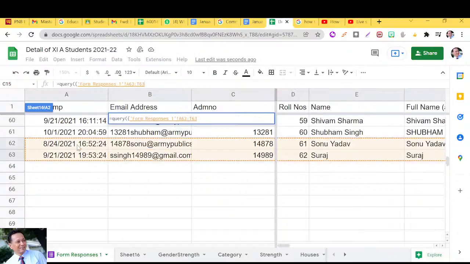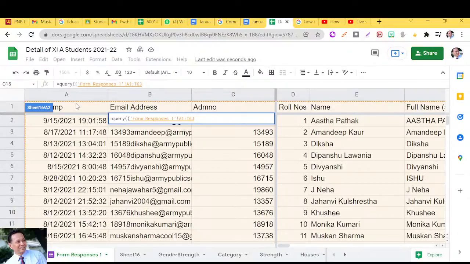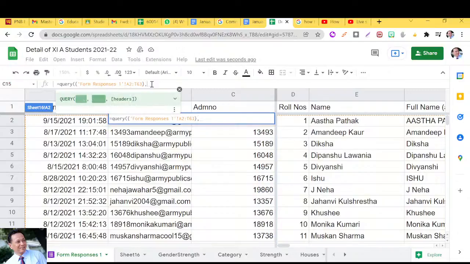So this way I will select the entire sheet, and after selecting the entire sheet I have to close the brace like this and put the comma and apply the query, SQL query. So the query should be in double quotes. Select which column I wanted to select. Column 5 means the name of the students. I can select multiple columns also, but I'm going to select only one column here,